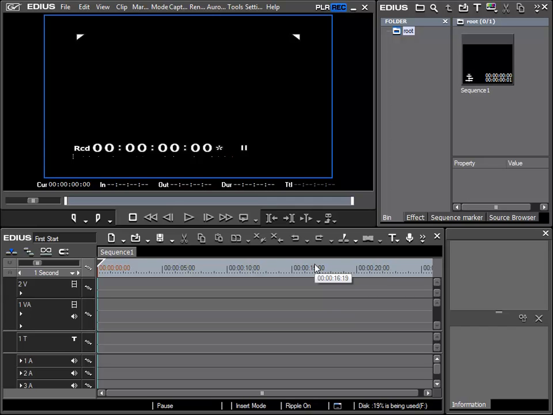After our first project has been successfully created, we are greeted with the actual Edius interface, and this looks much like the screen I have here, although it is also dependent on the chosen resolution or size of the screen. One thing to note, however, is that your main screen will probably vary from what you see here, due to the fact that for this tutorial I have chosen a somewhat smaller resolution so that the entire Edius interface appears